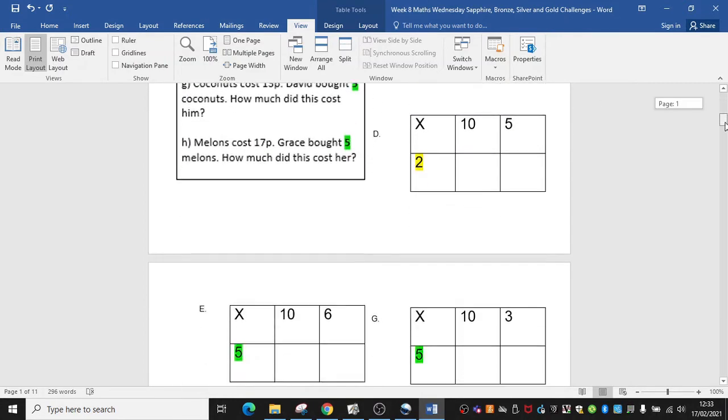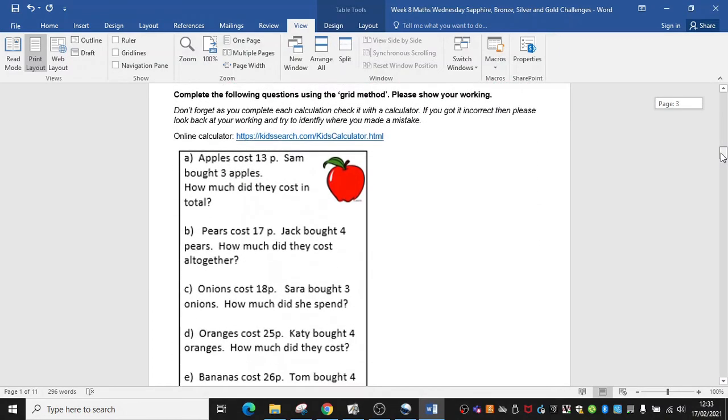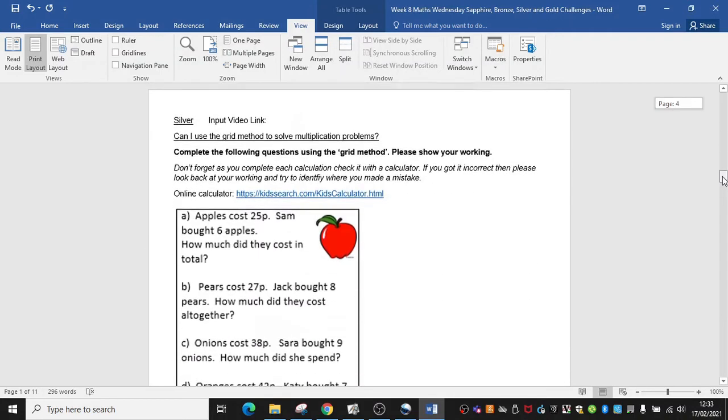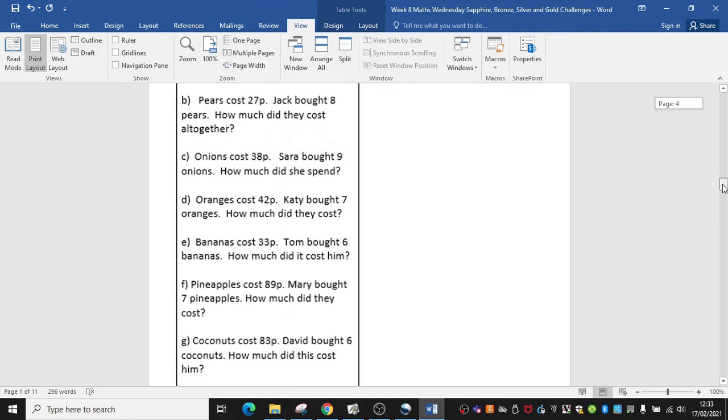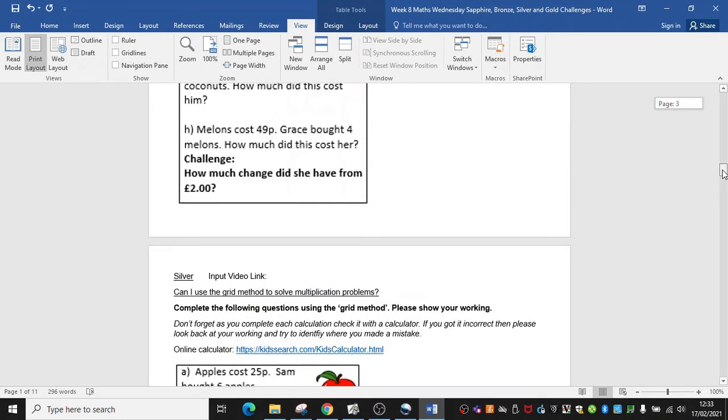Now, if you're going to be doing the bronze challenge today, then you can equally start your challenge, and you can see that you are multiplying by 3 or by 4 again today. And then there's a series of problems for the silver group that they can also start with. Just be aware, please, when you do the bronze and silver, there is a little challenge at the end where you are going to need to do a second step to a problem